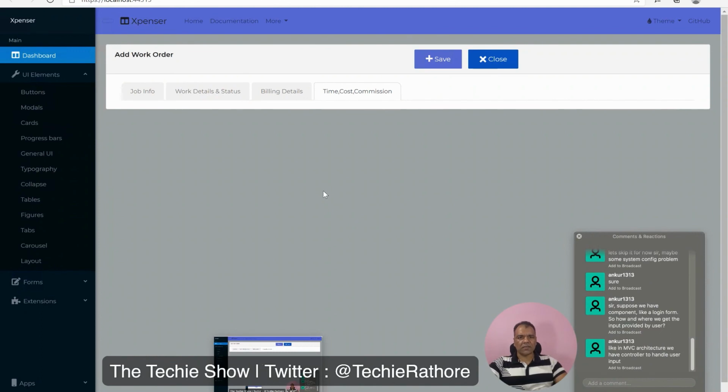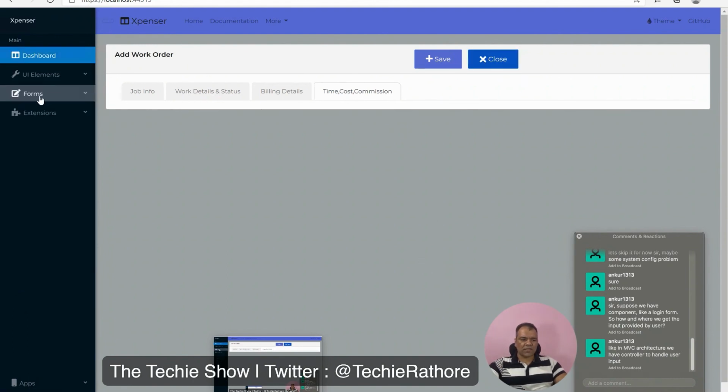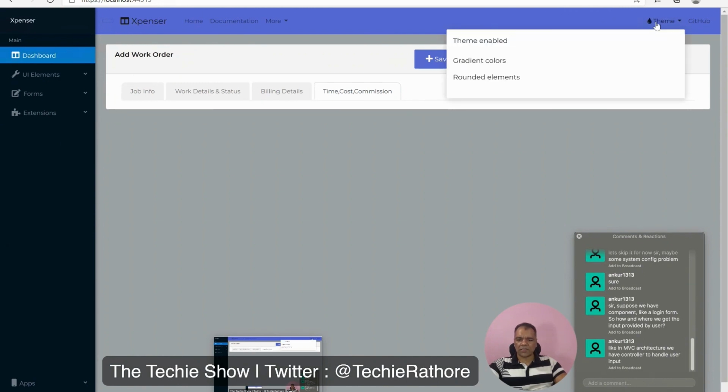Today was a 1 hour session where I explained what Blazor is, how the Blazor project structure works and everything. We have designed this, and we implemented the Blazorize library here, and this code is running right now. I have updated this project. See, theme enable, gradient, routed theme.